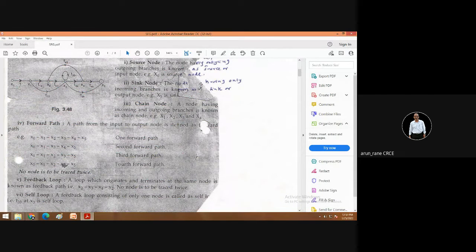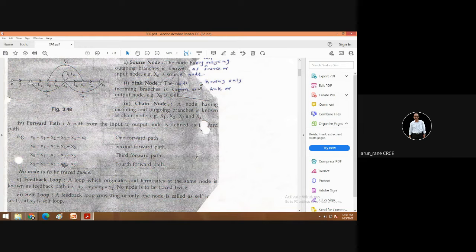Then the second forward path is x0, then x1, then like this, x3, then like from here like this, and then like this. Then the third forward path will be x0, x1, x2, then x3, and like this. Then fourth is